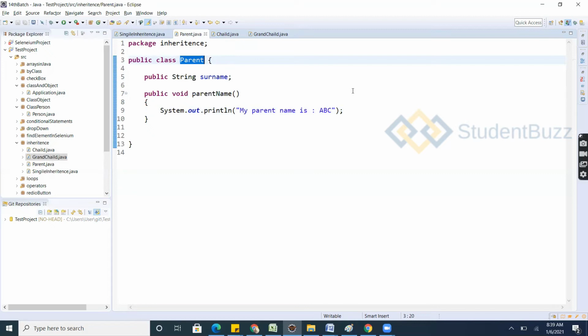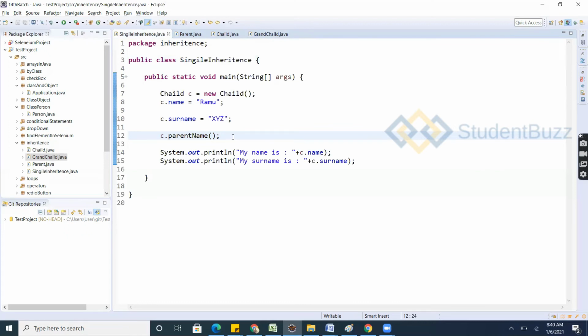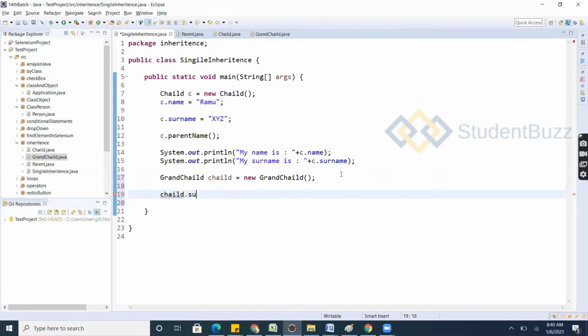From where is this surname coming? From the grandparents onwards, right? So the grandchild can access the grandfather's surname. So I'll create a grandchild object, child equal to new grandchild, and child.surname.